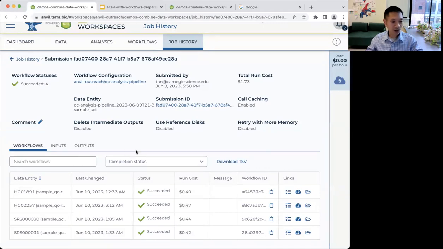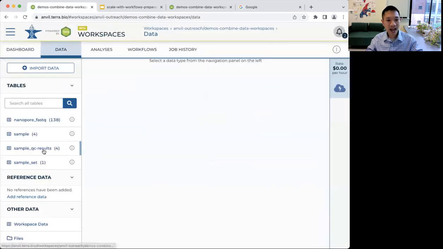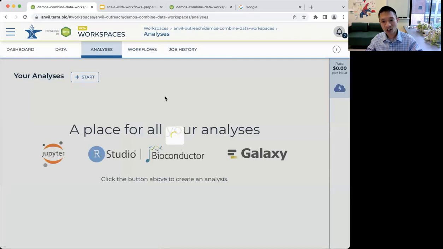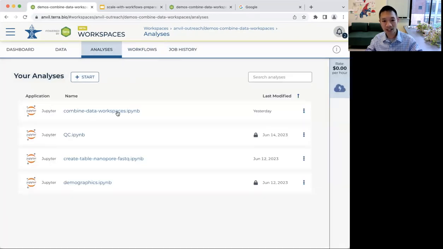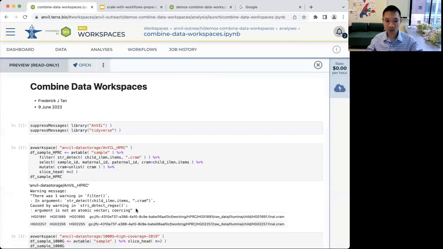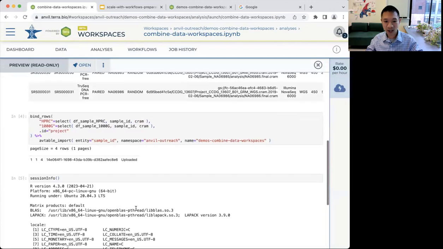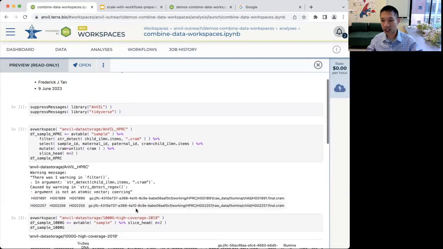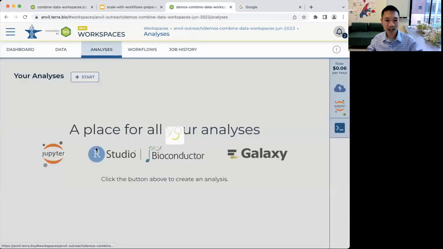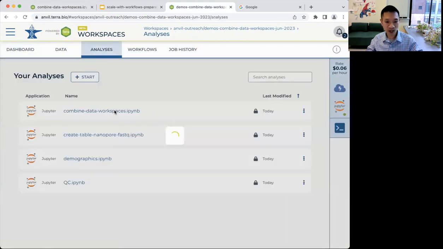So now that I've walked through this, what I want to talk about is how can we create this sample table right here? I'm going to switch to the analysis tab. And in here, we have created a combined data workspaces Jupyter notebook. If I just click on it, it gives me a preview of the code that's in it. But for me to run it, I need to go to my clone. So I'm going to go to the workspace that I cloned and start up the Jupyter environment. You can see it started because there's a green dot. And if I go to analysis and open up this notebook,